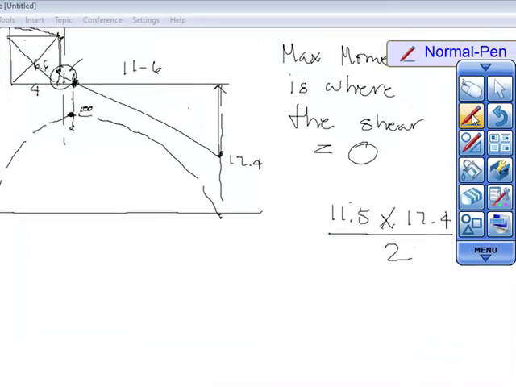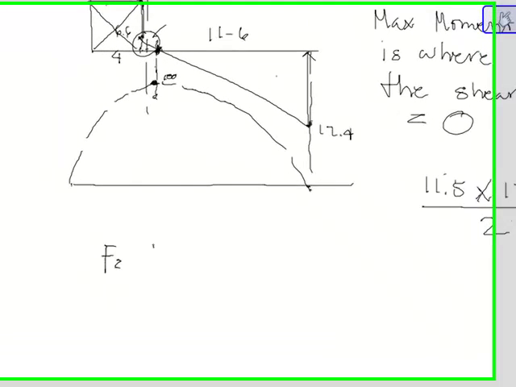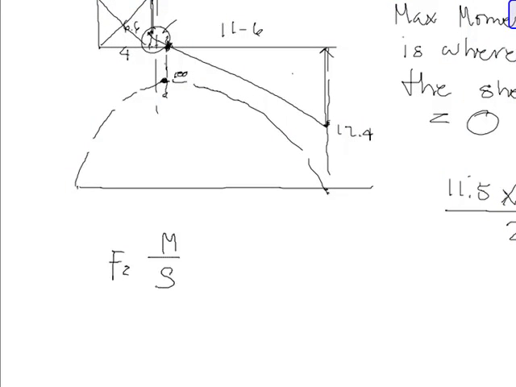So if you want to solve for the section modulus, which is F equals M over S, that can also be changed to S equals M over F, which is going to be equal, we know that the maximum moment is the 100 times